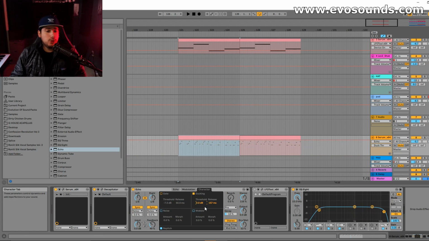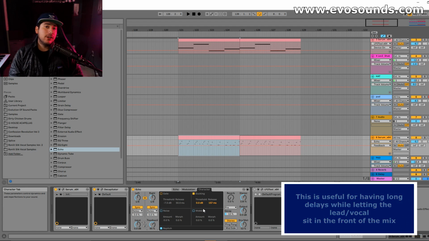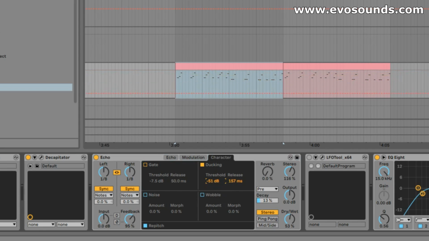Now, the next setting, guys, which is super dope, is the ducking. Now, I'm going to put the feedback really high just to make a point with this. But the ducking here, if you watch the Cashmere tutorial where you have a lead getting reverbed and delayed, you can put a sidechain on that reverb and delay specifically where it sidechains itself to the lead so that every time the lead hits, the reverb gets ducked in the delay as well. Well, here you have it set in the features of the Echo Delay, which is super dope in my opinion. That way you don't need to route it like that. And pretty much here, if we lower,